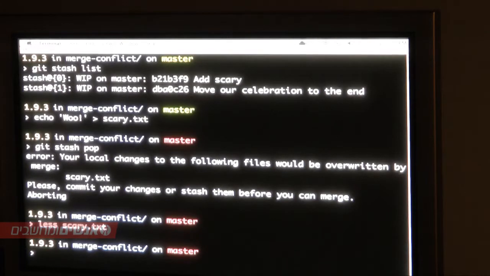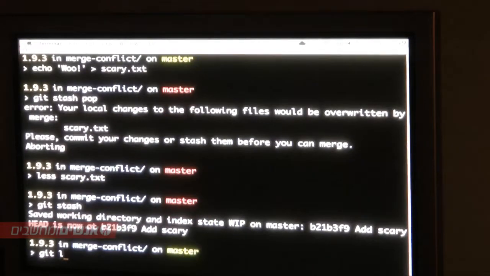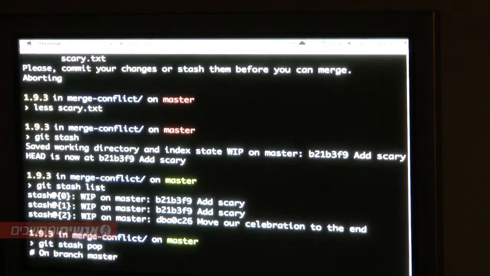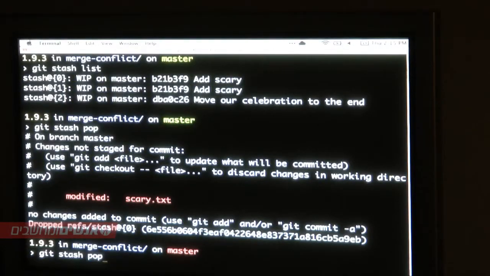I don't think you could, but you could stash this, and then when you do your stash list, you can take the previous one and do git stash pop with that number, and it would just take that one out of the stash instead of the one that you had just put in. And then you can pop the next one as well.